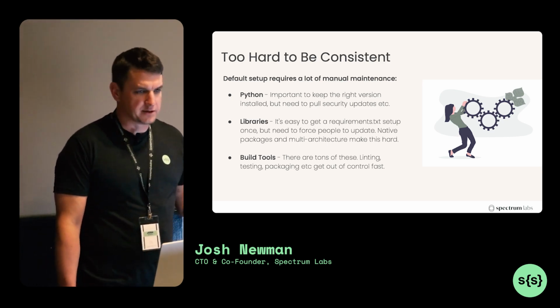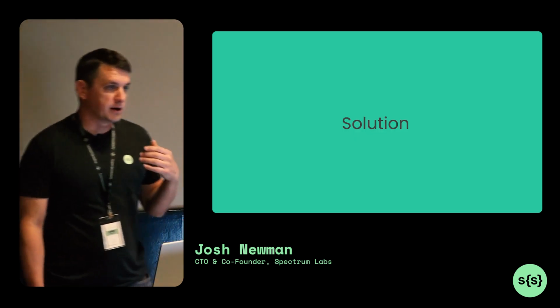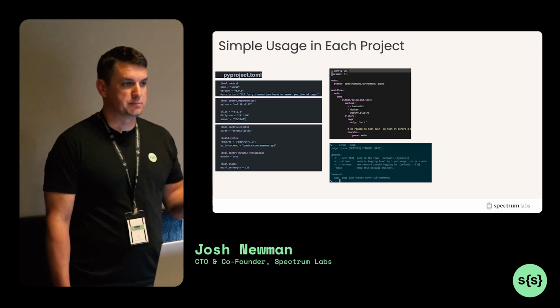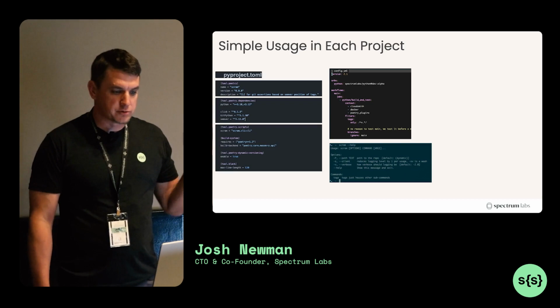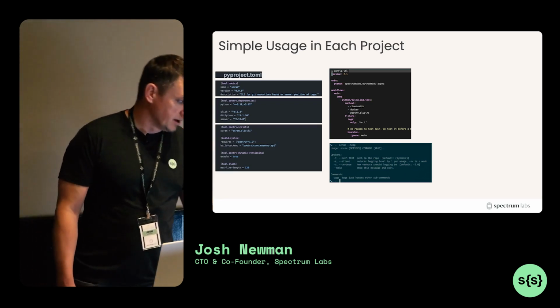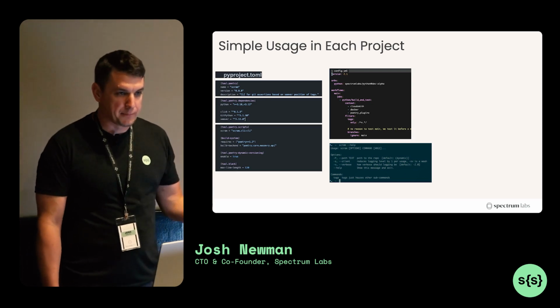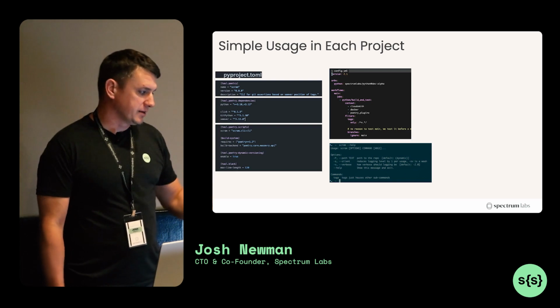So this is all stuff that you must have run into before. So what is our solution? We're doing a combination of Poetry, which you might have heard of. Sorry, the color is kind of awful. Poetry conforms to one of the newer Python standards. I did not write down which PEP it is, but Poetry is pretty great. It uses the pyproject.toml, which can be shared across a bunch of other tools in Python,